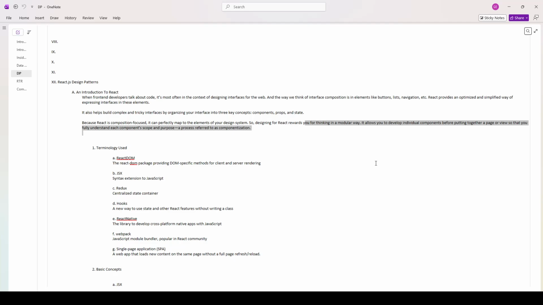component's scope and purpose. So this is where the functional component builds the page on your browser and builds the view so that each functional component is in controlled scope, so you control exactly the object declaration in memory, or what data structure will eventually run at runtime, a process referred to as componentization. First terminology used: